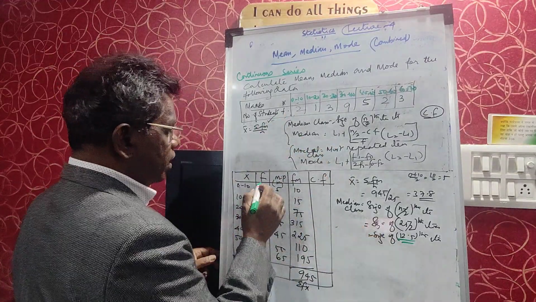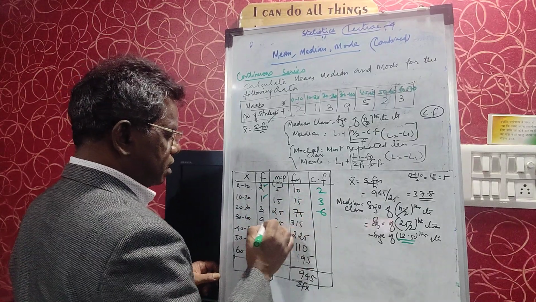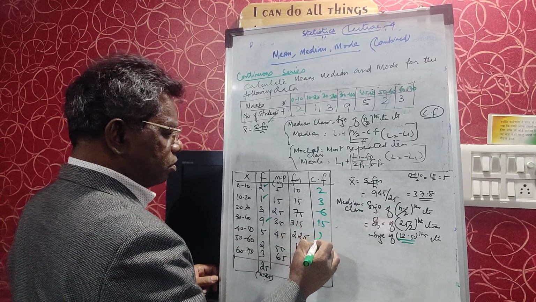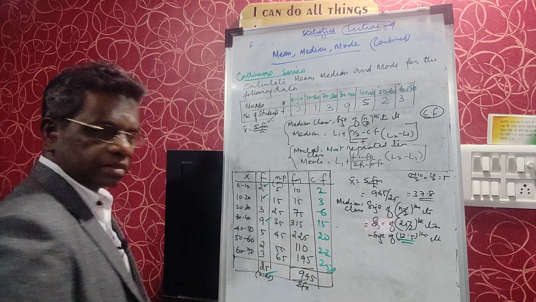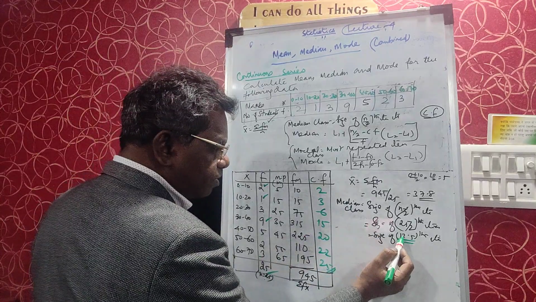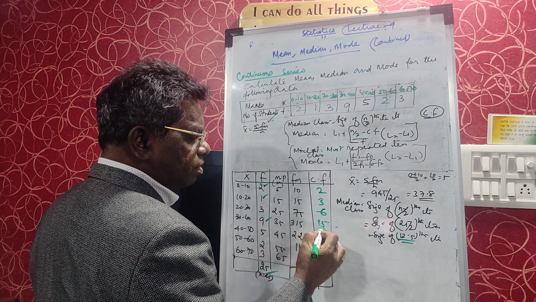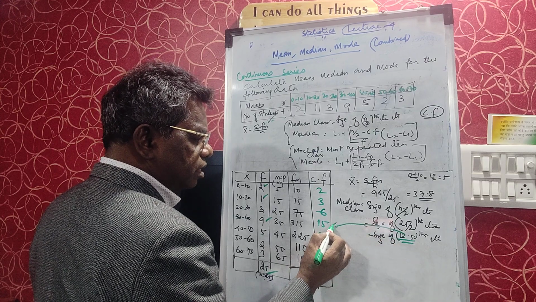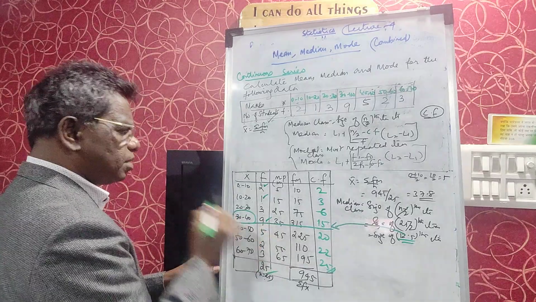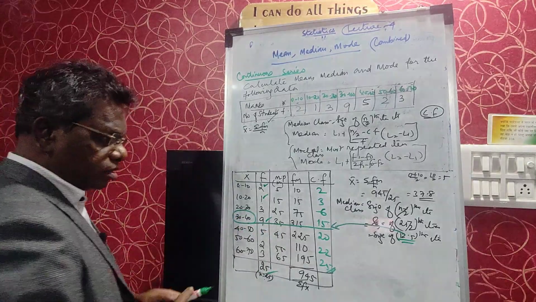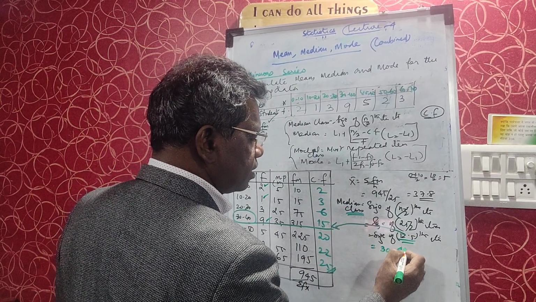Let us find out. Cumulative frequency is 2, then 2 plus 1 is 3, 3 plus 3 is 6, 6 plus 9 is 15, 15 plus 5 is 20, 20 plus 2 is 22, 22 plus 3 is 25. See, 25, correct. Now the 12.5th item comes here: this is up to 6, then 7 to 15 will come over here. So this is the corresponding median class, that is 30 to 40.